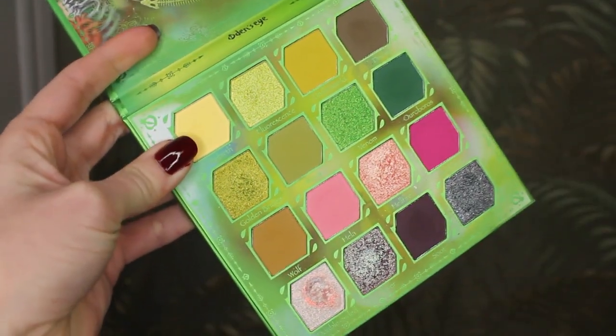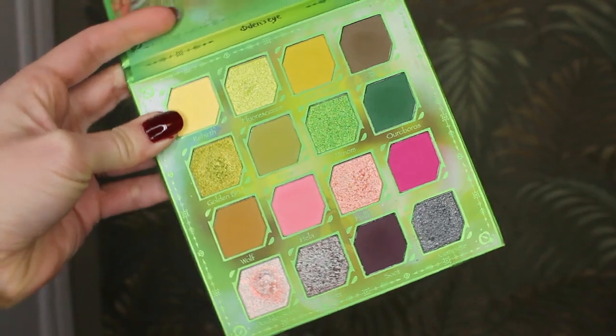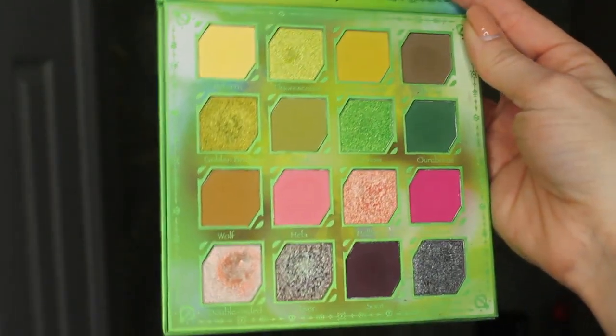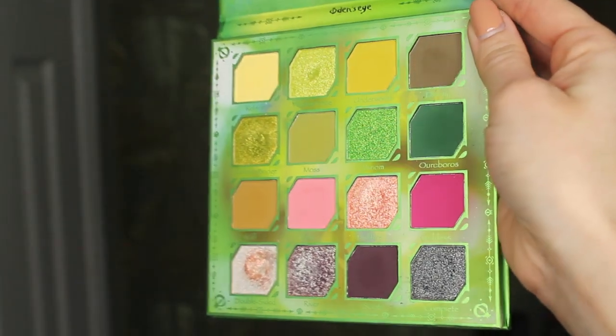My level 1 palette is the Odin's Eye Hella palette. Yes, I am still working on this. I am not very proficient at panning eyeshadow, if you will. It takes me a long time. I'm going to pop in a clip of what this was looking like last month and what it is looking like today, and I hope you are able to see that I finally did hit my pan